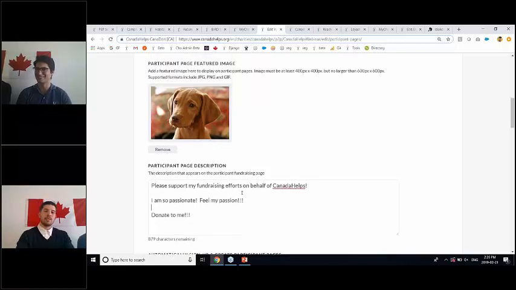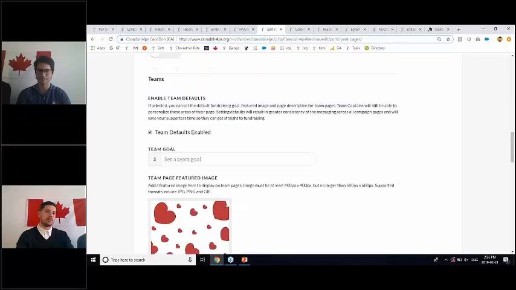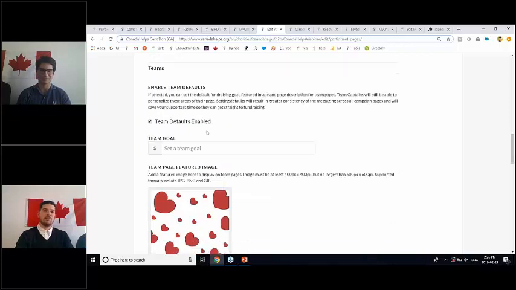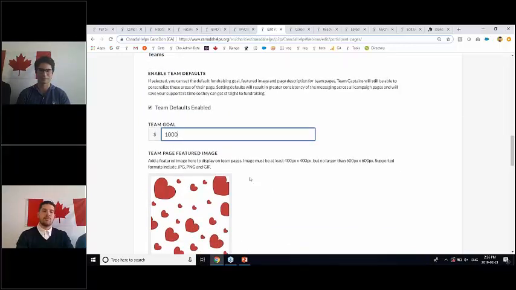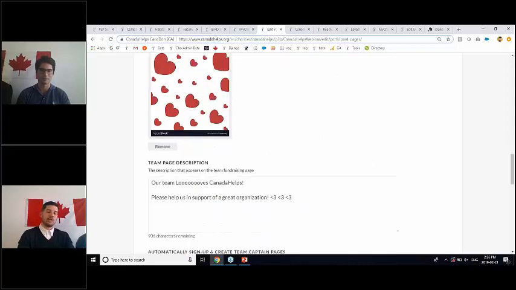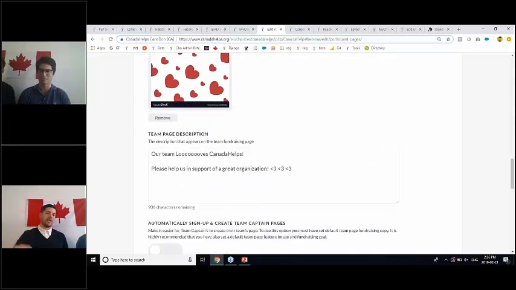And you can do the exact same thing down here for teams. I'm going to add in a team goal here, set a default image, and a default description down there. So this is a way that you can